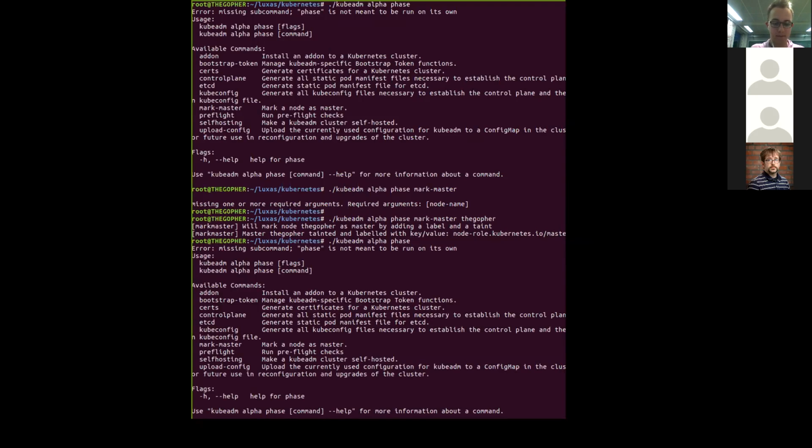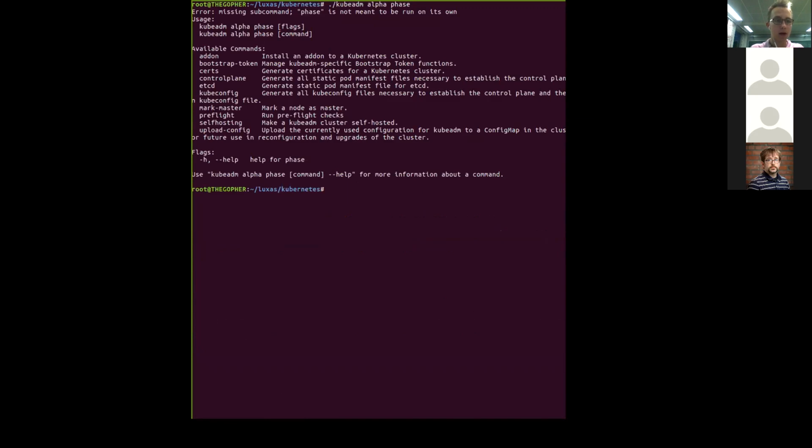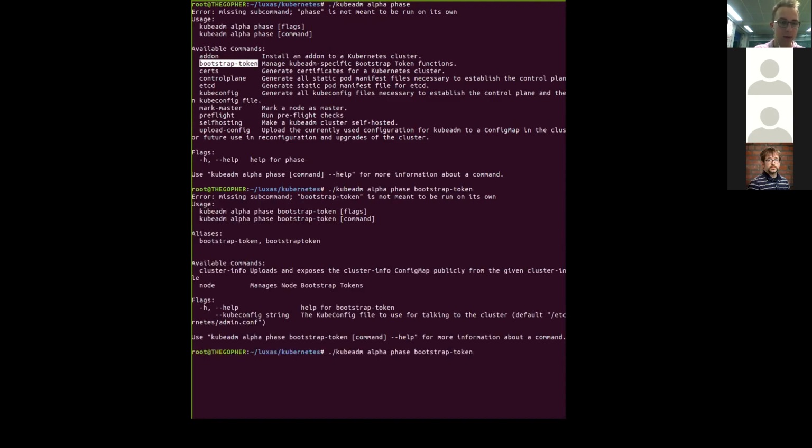After mark master, next up is bootstrap token, and it looks like this. We have cluster info. The best thing with using phases is you can skip something if you want to. In the certificates and kubeconfig cases, if you specify something, it will just use them if valid. But in the others, it will try to reconcile and apply its thing anyway. You can skip them with kubeadm alpha phase. If you don't like cluster info, for example, you can't do bootstrap, you can't do the discovery using the token, but you can still do everything else if you want to pass files around. Anyway,